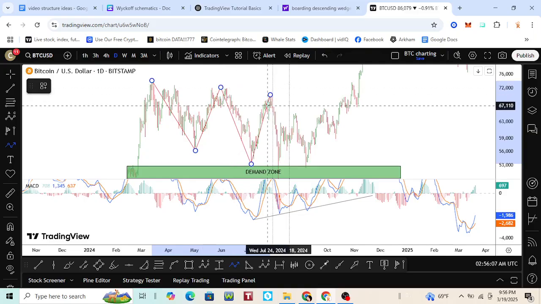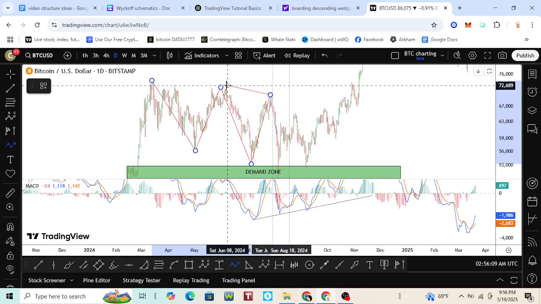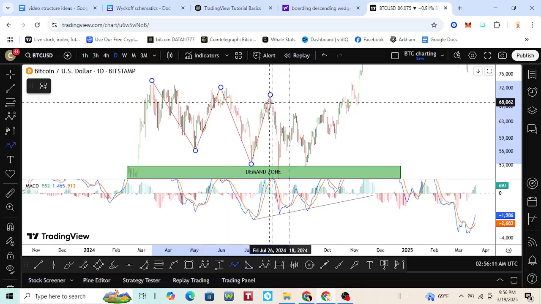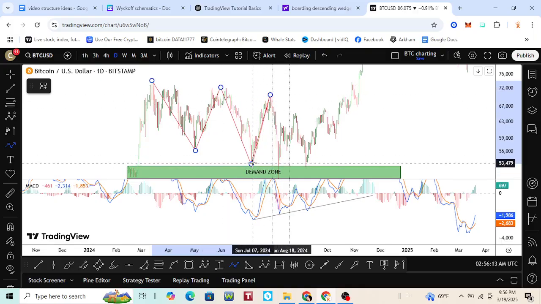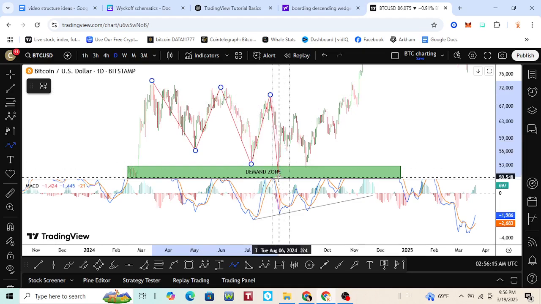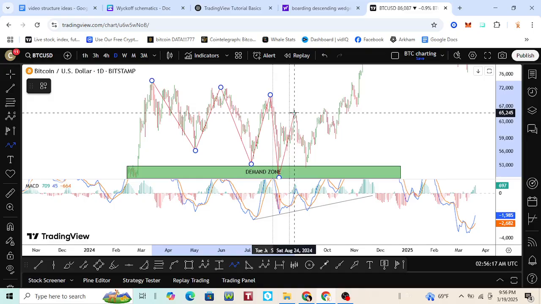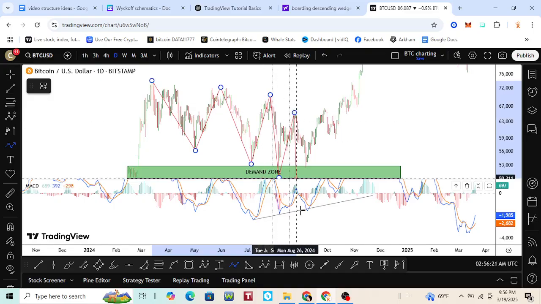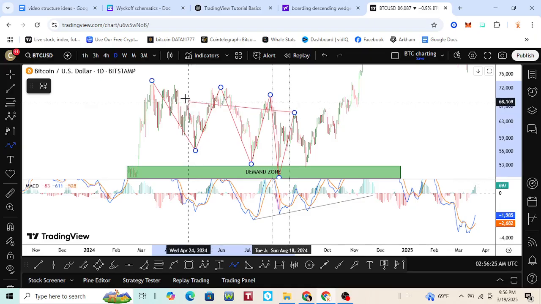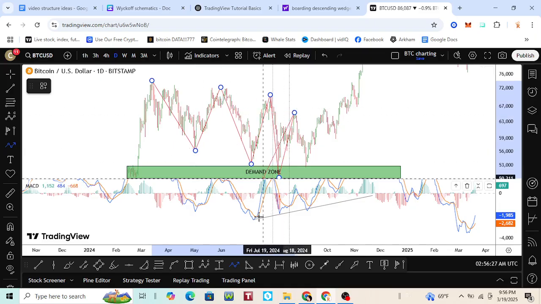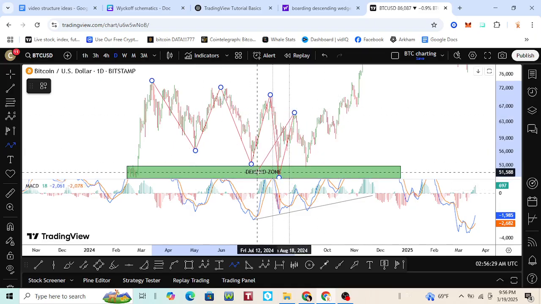Still, that means since we made a lower high and we didn't flip this one, it was just signaling to you that we're going to go below this low right here, which we did, right? And then we came up and made another lower high. The only thing about it is that the MACD was actually showing you that we're gaining strength. The RSI was showing you that we're gaining strength. Even though we're in this downtrend, you're starting to gain strength now that you've gotten back to this demand